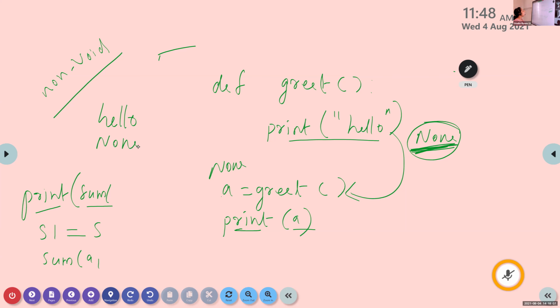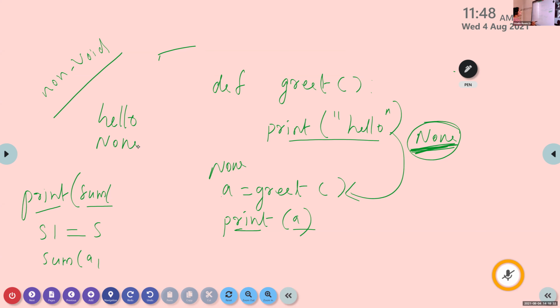Okay. This is a void function. In the case of a void function, the first situation is that we are not using any return statement in the function definition. No return statement is there in this function definition because it's a void function. But it is returning some value, that is, None is the value returned to the main program.